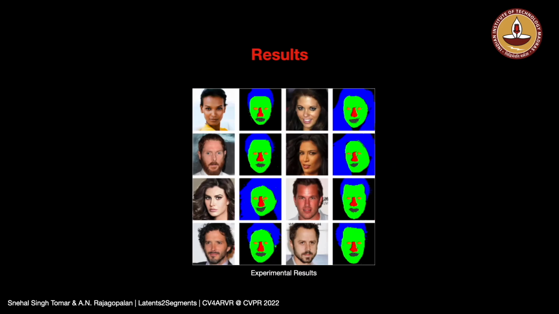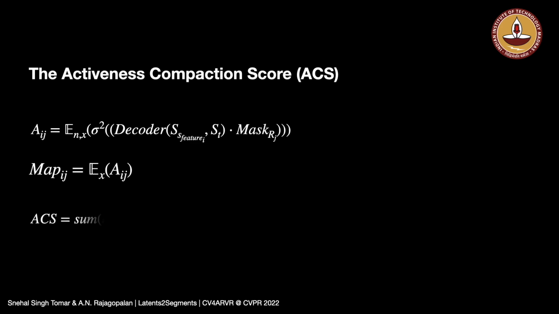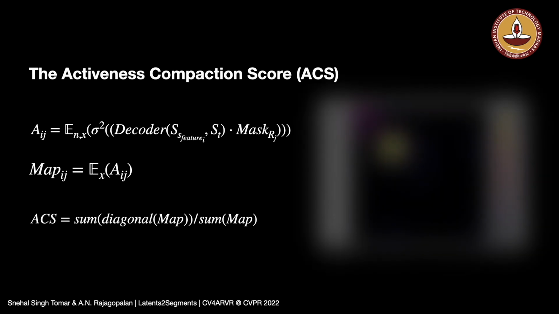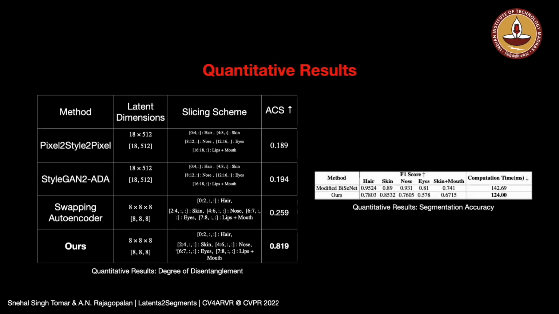Here's a quick snapshot of experimental results on test images. The activeness compaction score quantifies the extent to which slices within the latent space of a generative model affect pixel intensities in only the intended semantic regions of interest in generated images. A largely diagonal average activeness map suggests a high activeness compaction score. Our model beats the state-of-the-art by a large margin in terms of ACS and returns comparable semantic segmentation accuracy while being